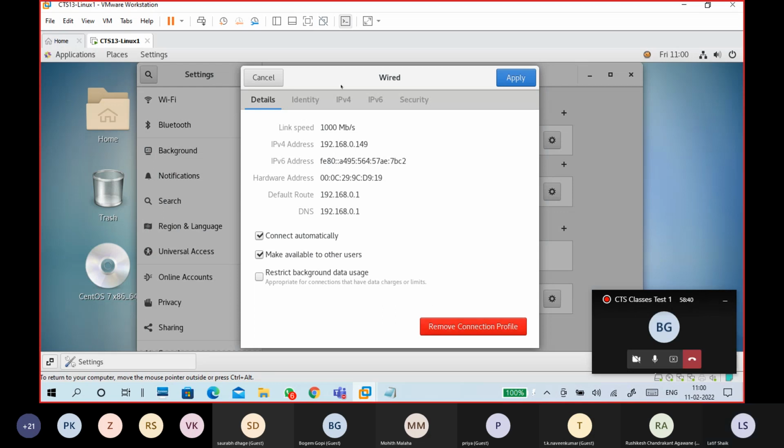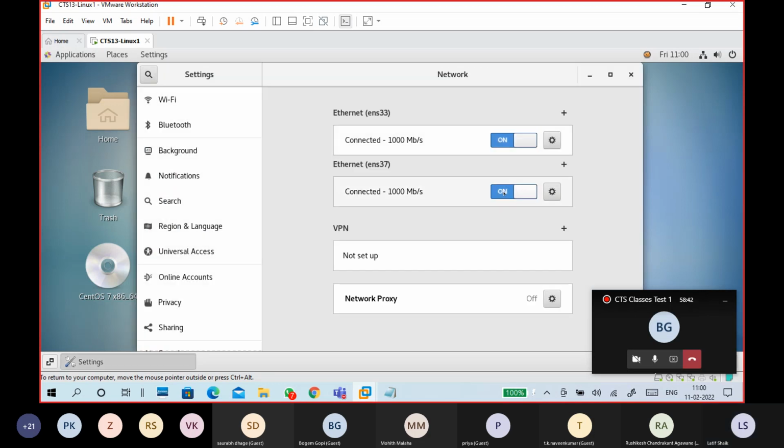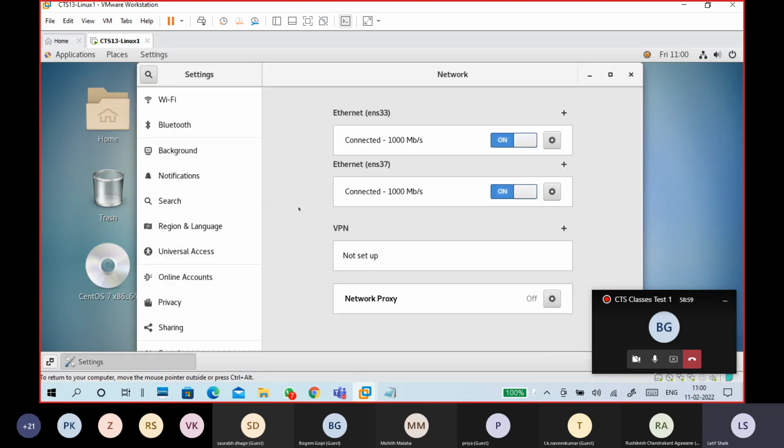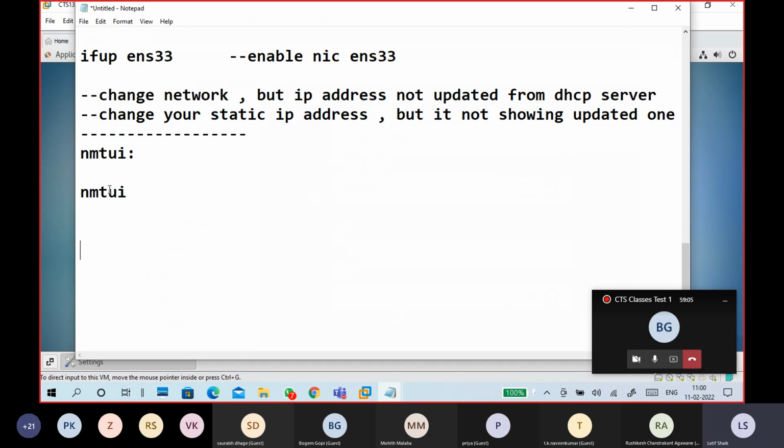What to do? Just disable, enable. So now you got a static IP address. See, this is the IP address I gave. Same IP, I got it. So this is how to do it with GUI mode.